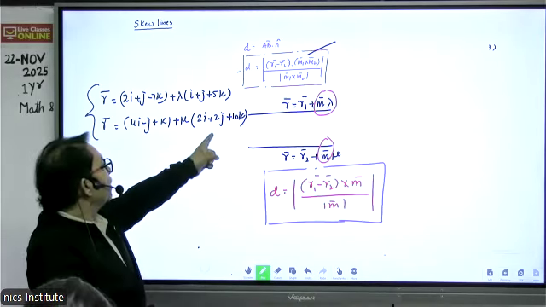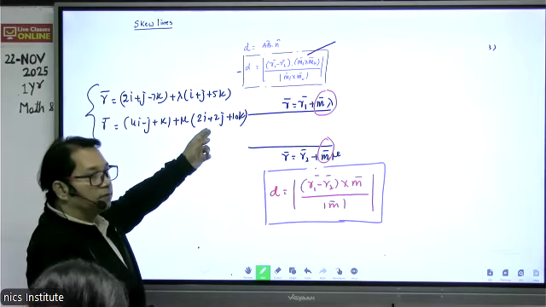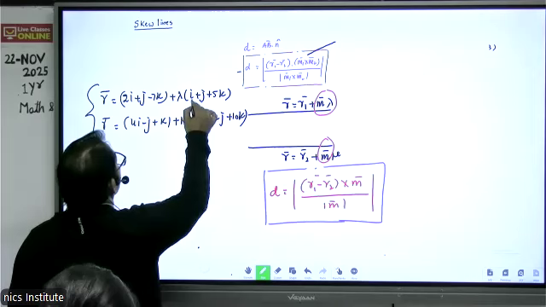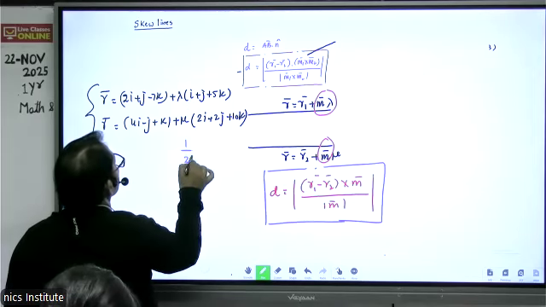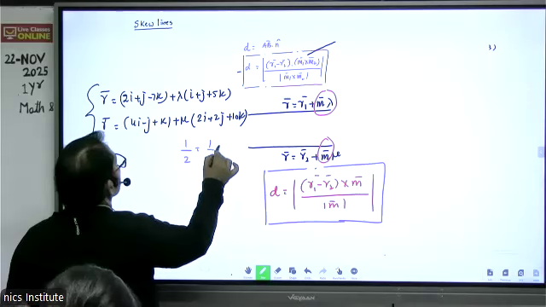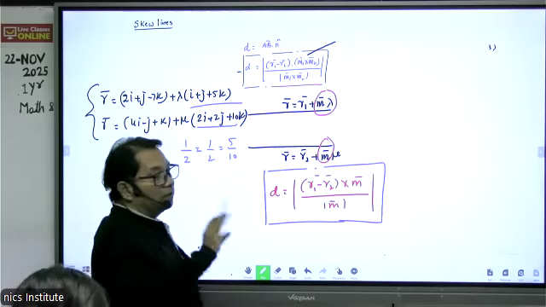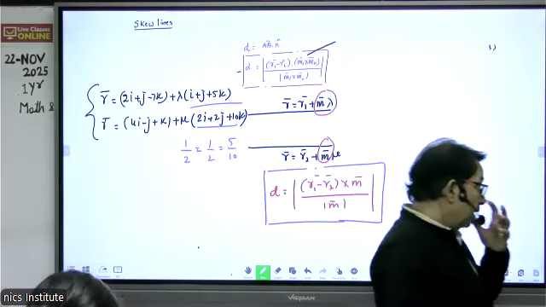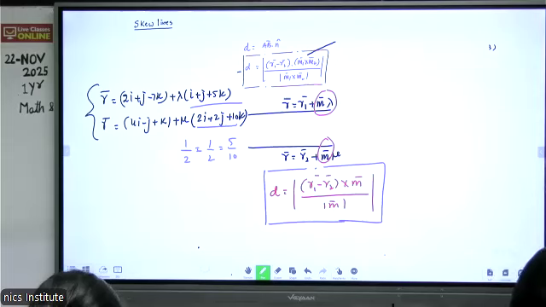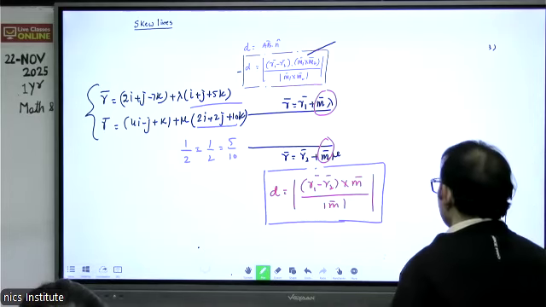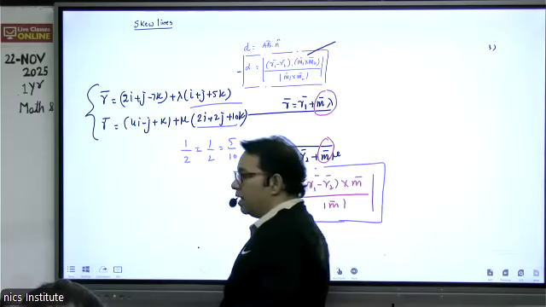They are parallel. How do we know? They are in proportion. If you look at these DRs, they are in proportion. This is 1, this is 2. This is 1, this is 2. This is 5, this is 10. So their DRs are in proportion. That means the lines are parallel. If you find M1 cross M2, the answer will be 0. Find R1 minus R2, its cross product with M, and then